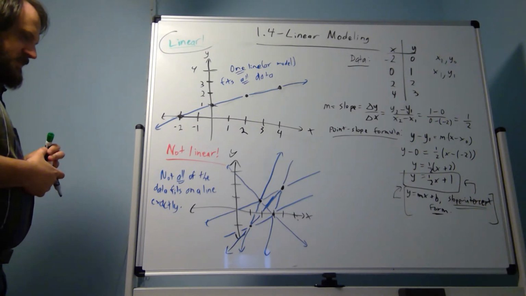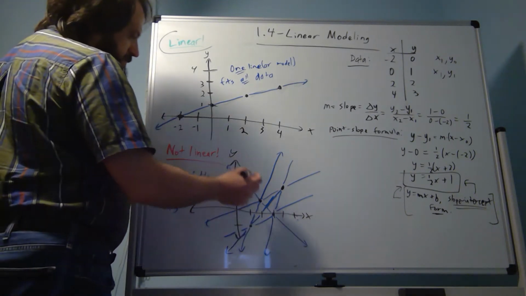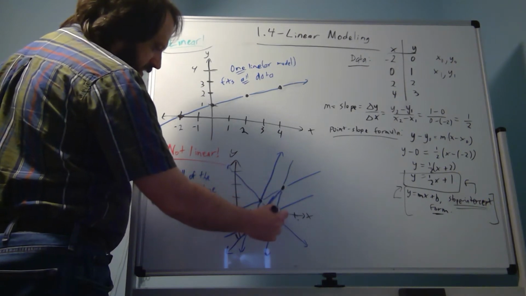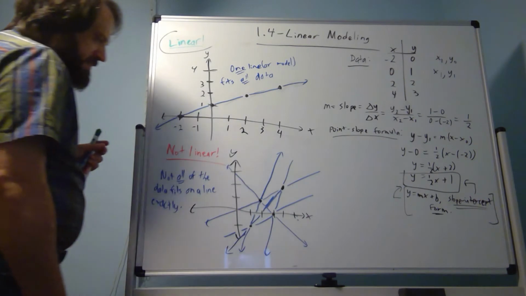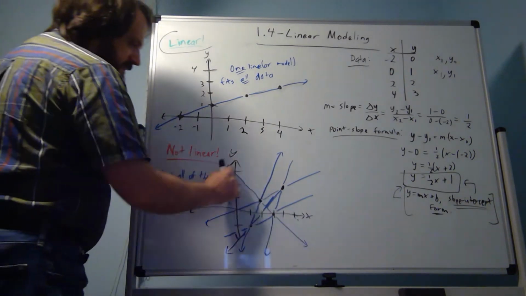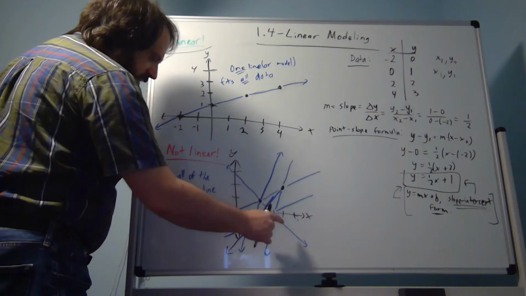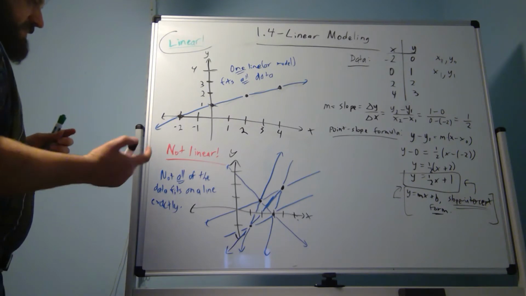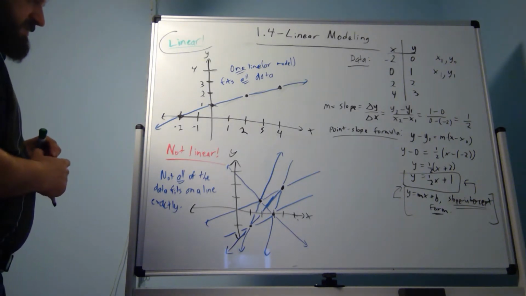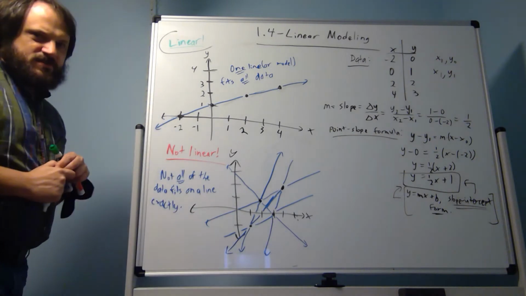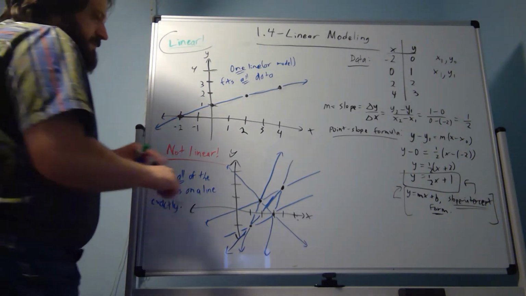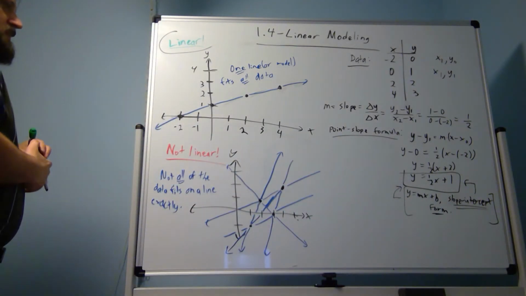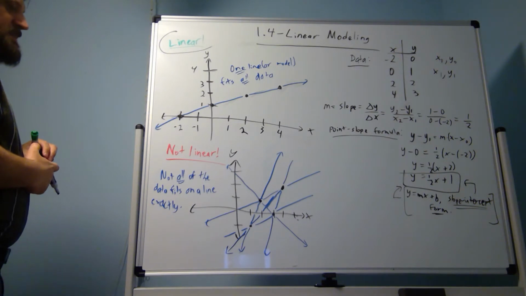So you tried to fit all of the data to a line, and there was at least one point that was not on your line. If you took this line here, here's a point that it misses at x equals 4. It goes through the ones at x equals 2 and x equals 3 just fine, but it misses that point, and once you miss a point, you have to draw a different line that's going to miss another point. You just can't do it. And that's kind of all there is to it. For some problems, you start with the data set, so you won't really know until you actually draw the picture. For the homework, I'm having you go ahead and compute the lines, and then